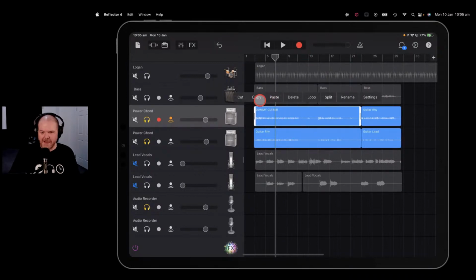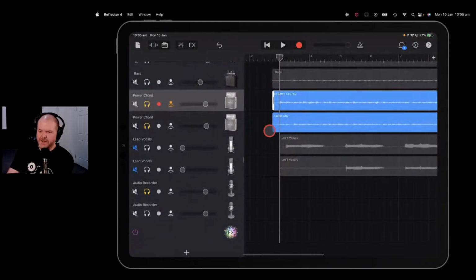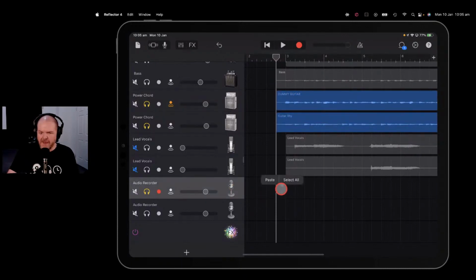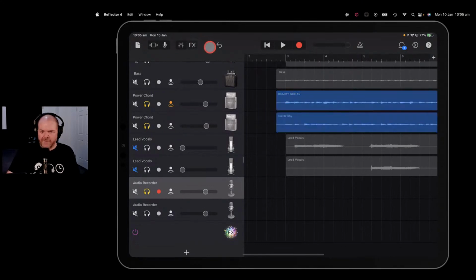We need to copy them, and then we need to come down, make sure that we've lined up our playhead right at the start of the same spot. So to make sure that it goes into the same spot here, tap there and hit the paste button, and oh, it hasn't worked. So you love it when you're doing a live presentation and things don't work the way